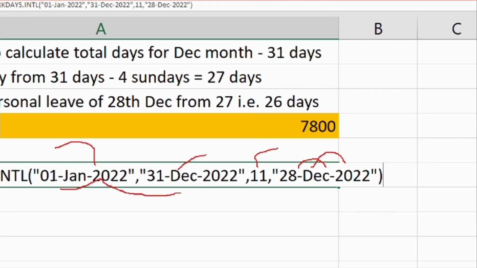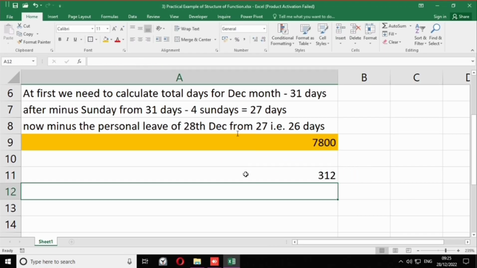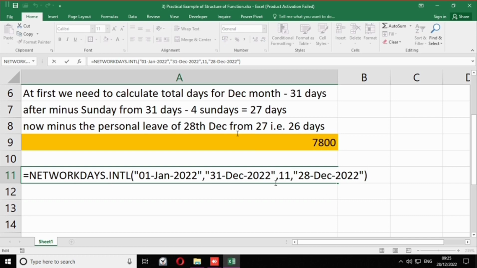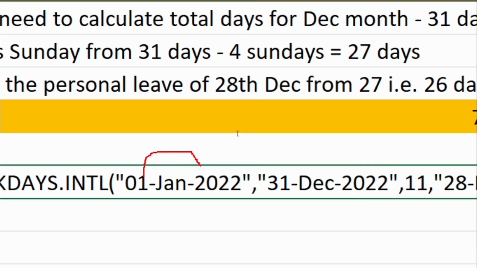This is how easy it is to write any kind of function in Excel. It's very amazing. I'm again saying it's just like benches cheats provided to the student to draft any kind of function. Okay, now I'm going to enter this function and look at the miracle. So by mistake I have taken 1st January 2022, right?